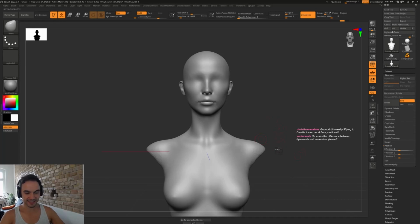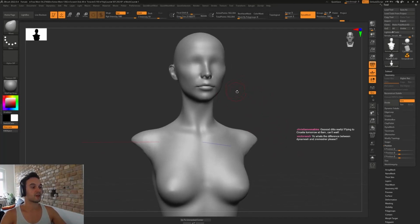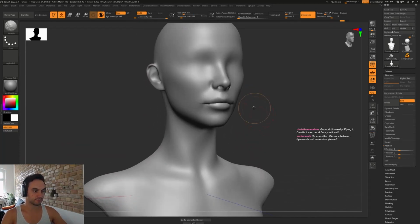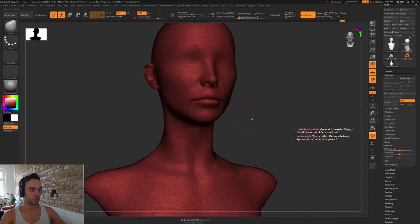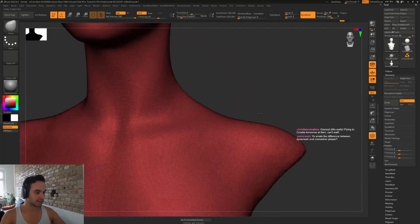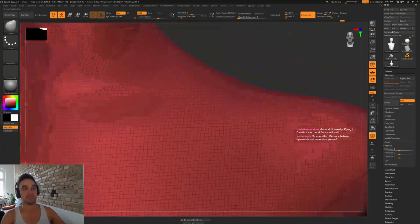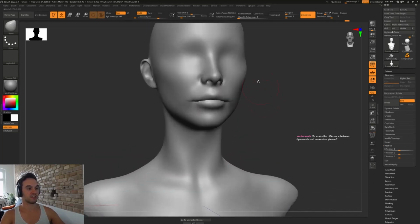Vector Sash, welcome. Yeah, quite a big difference actually. I mean, yes, Dynamesh puts this overall grid on top of your whole model. And it's mostly quads, but you also have lots of tris in there. This kind of mode started when, in the previous or earlier versions of ZBrush,